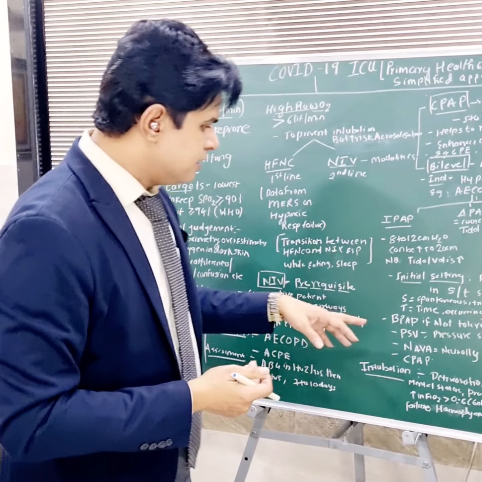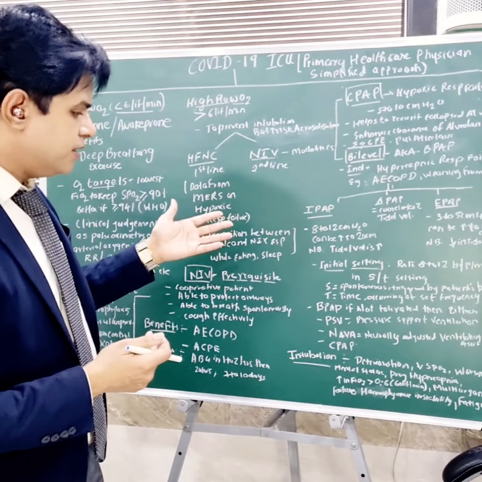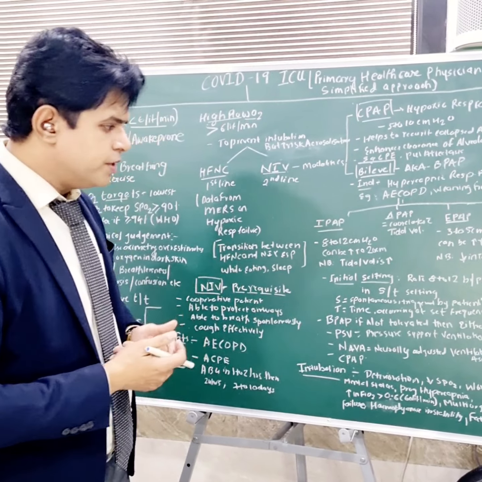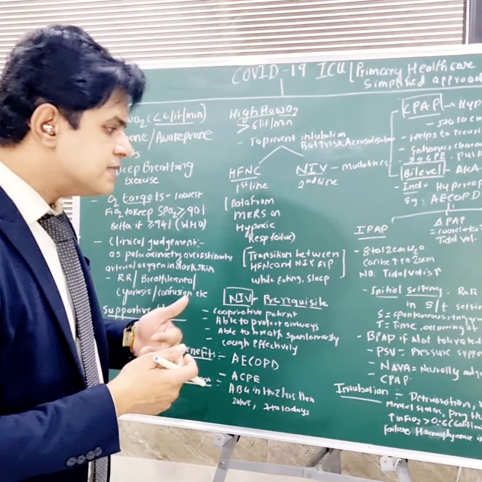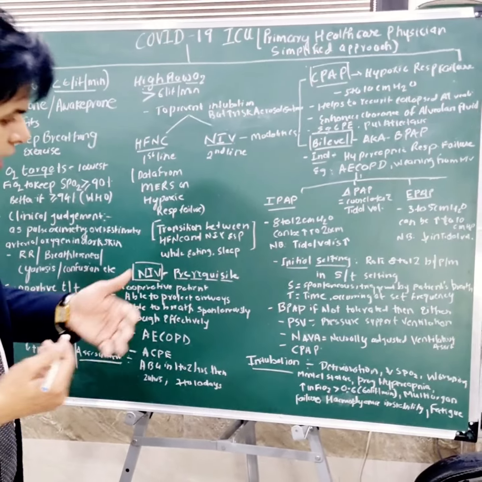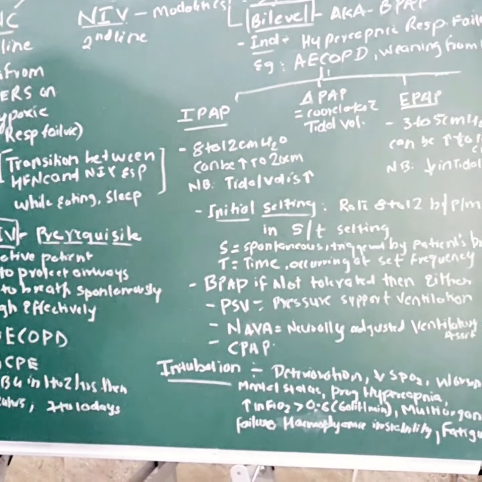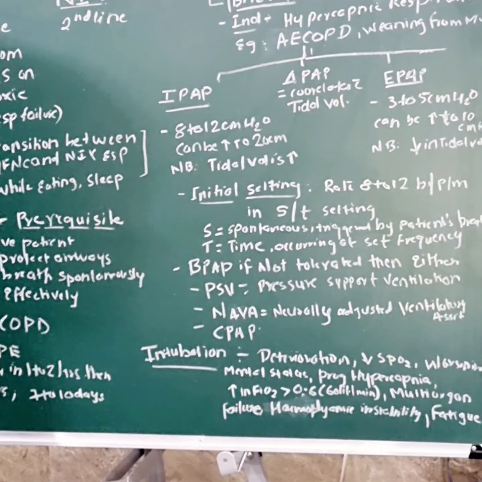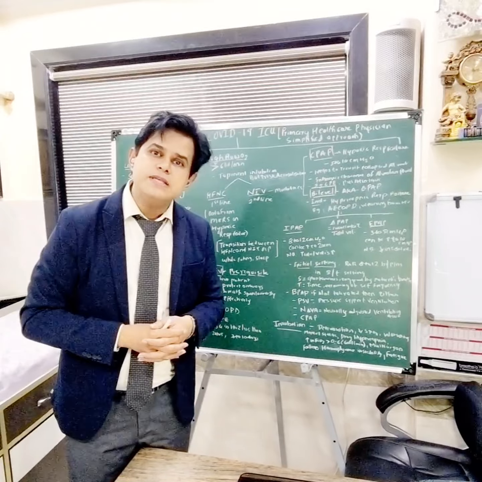Please understand, the first thing is the patient is deteriorating despite being on these modalities of breathing support. A fall in SpO2 calls for intubation. The patient is fatigued, has worsening mental status, and a rise in CO2 level, or what we can call progressive hypercapnia. Apart from it, very important, an increase in FiO2 of more than 0.6, that is around 60 liters, and multi-organ failure or hemodynamic instability. These are all indications that without further delay you should put your patient on invasive mechanical